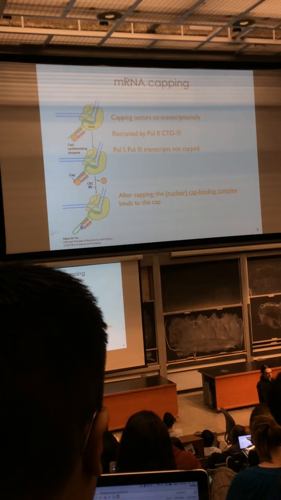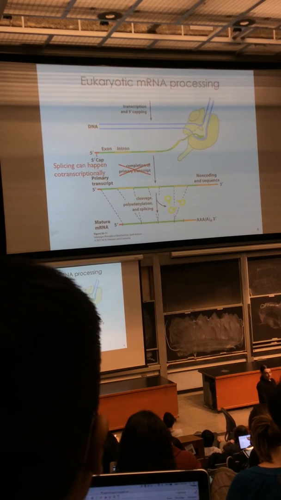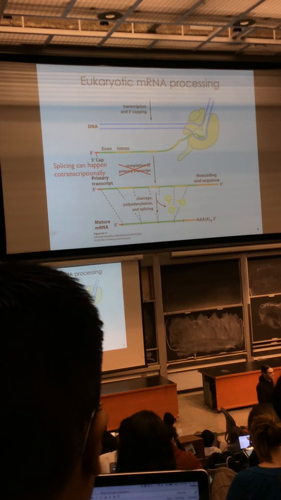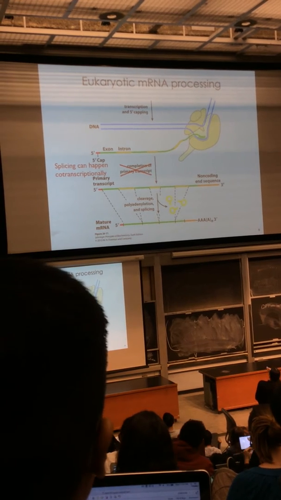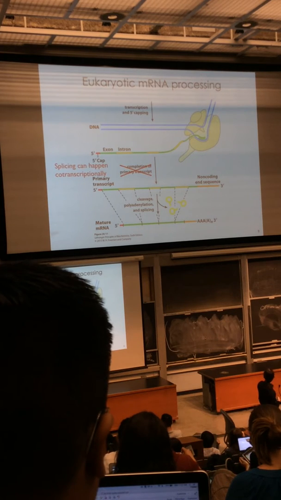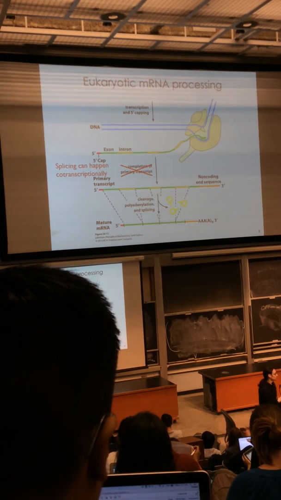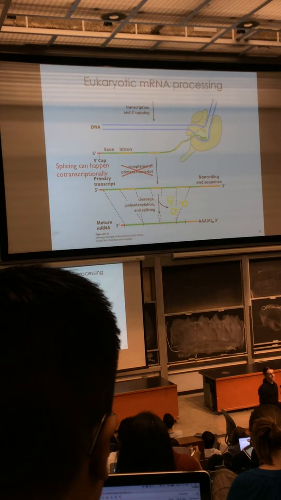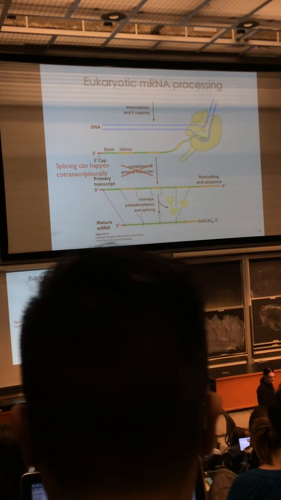So after capping, splicing is the next form of processing. This is a diagram from the book. I just want to make the point that actually the way they drew it, it looks like splicing happens on the completed primary transcript. That's not true. Most splicing, there's a large amount of splicing, happens co-transcriptionally, and it can be important that it does happen